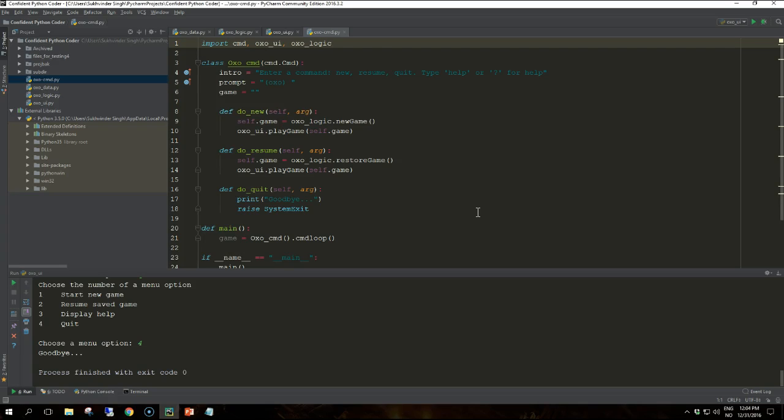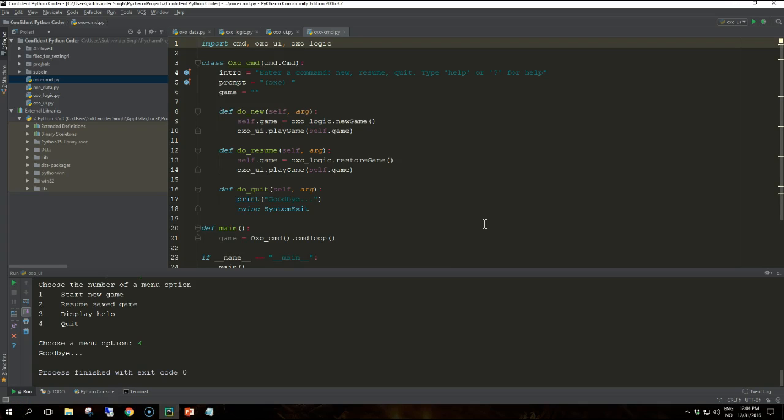The class then interprets the part following the underscore as a command word that the user can type. We can build a skeleton version of your tic-tac-toe game by defining some methods that simply print a message to see how it works. So if you open the OXO CMD module and look at it,